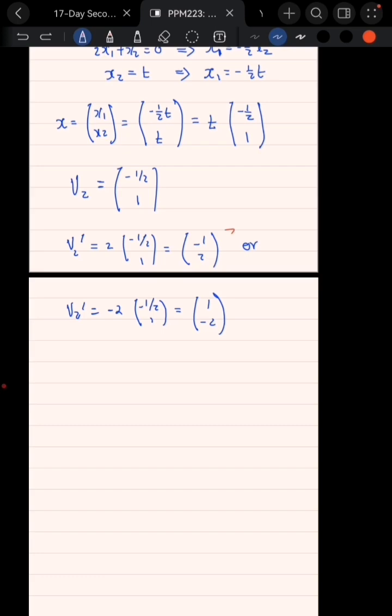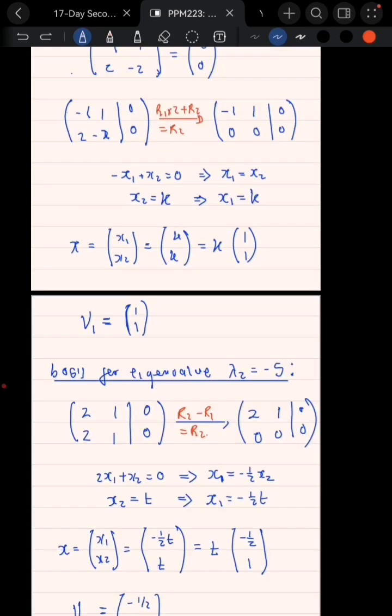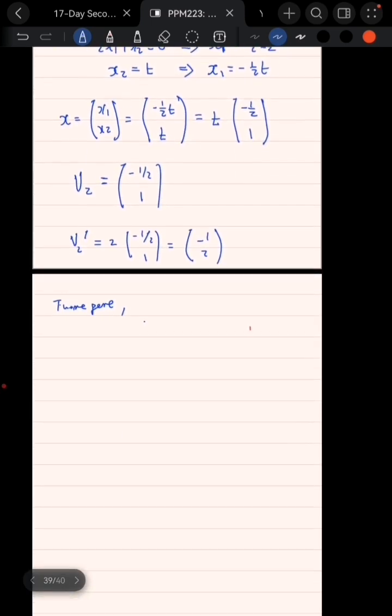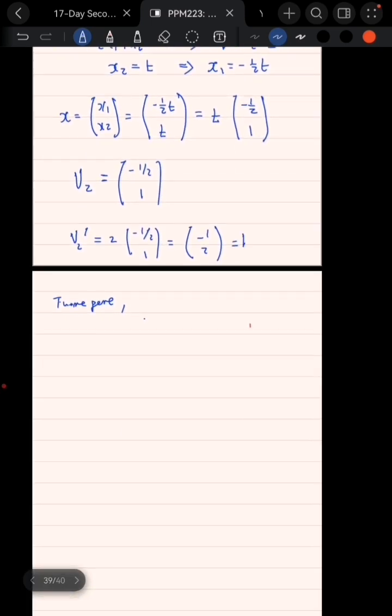So whichever of the eigenvectors you use, you must still get the same solution for the problem. We express this eigenvector as k1 and this eigenvector as k2. Therefore, k1 is equal to 1 and 1, and k2 is